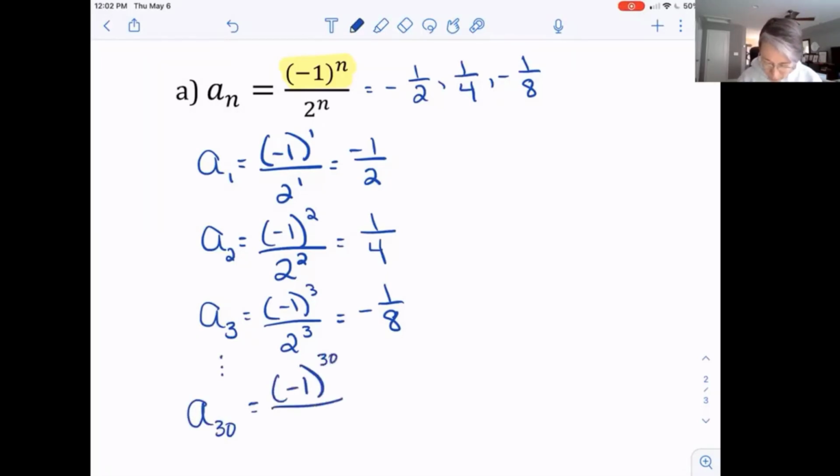(-1)^30 divided by 2^30. Well, again, -1 to an even exponent is going to give us a positive 1. And 2 to the 30th is pretty large. Normally, I would just have you leave it as 2 to the 30th power. But if you were to multiply it out, I've already written it out here. It is